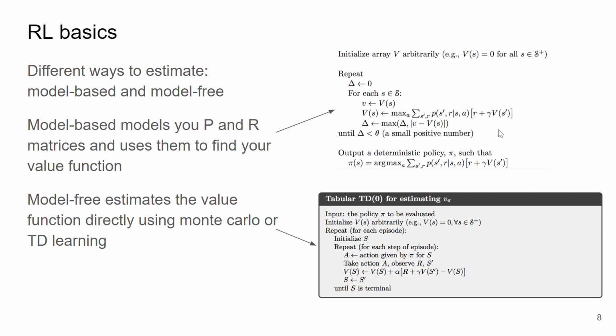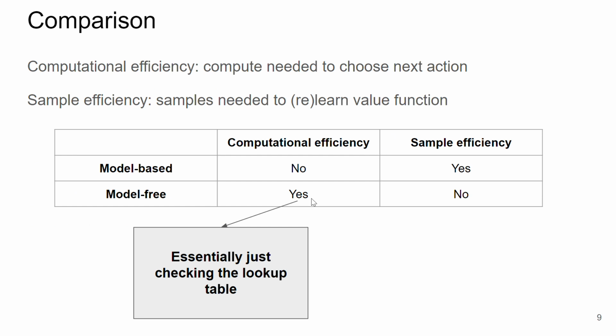While in the model-based case, even though we are continuously going in the environment, we have good estimates for P and R. But if you want to get the Q of S comma A, it takes quite some compute. You have to do the whole value iteration process. If that makes sense. So in that sense, we would say model free is computationally efficient.